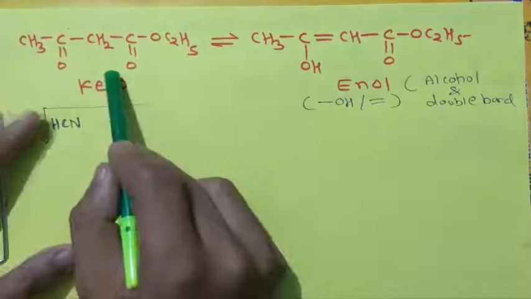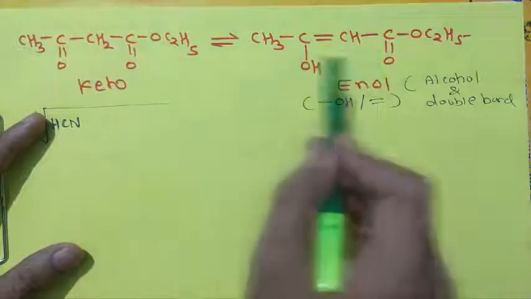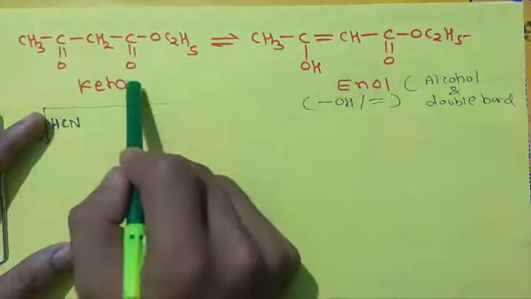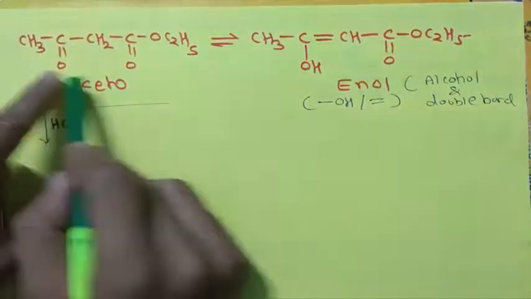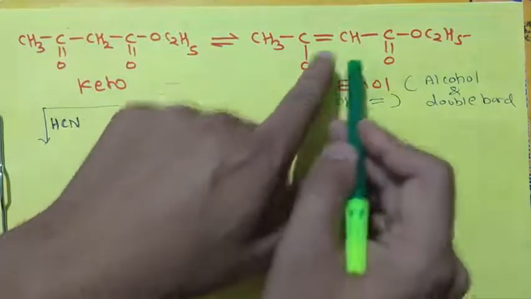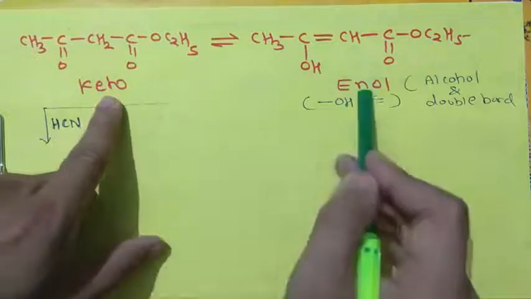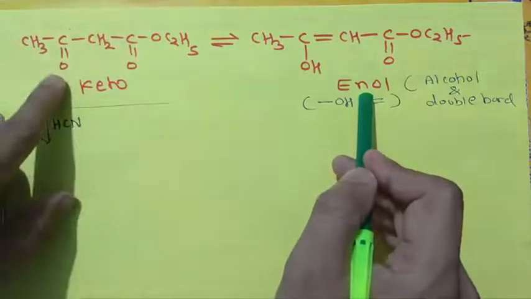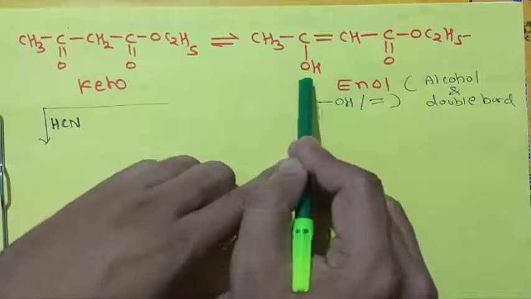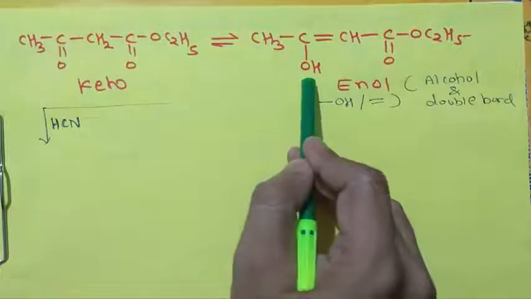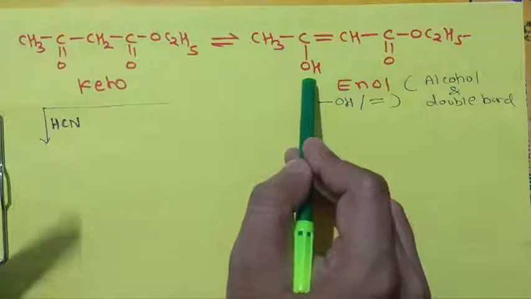The keto form is constantly converted to the enol form, and the enol form is constantly converted into the keto form. Means these two forms, keto and enol, can give the reactions of both. They can give the reaction of the carbonyl group, the reaction of OH, and the reaction of the double bond. When we work in the laboratory, ethyl acetoacetate can give the reaction of the carbonyl group, the double bond, and OH. And that is the detection of functional groups. In the laboratory, we can take the detection of functional groups. In these functional group tests, they can give the test of the carbonyl group also.